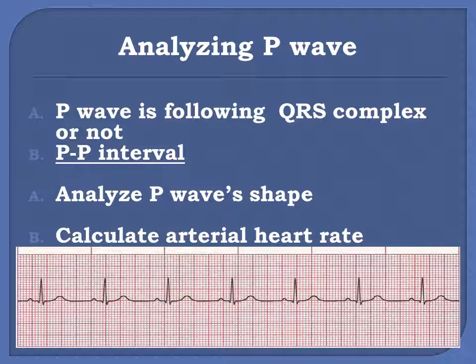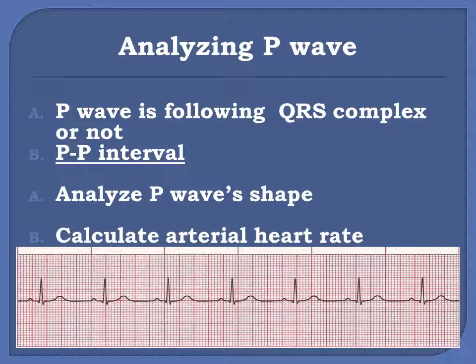You are well aware that the heart has the ability to generate its own electrical impulse. In the normal heart, we know that electrical impulse generation starts from the SA node. As the SA node fires, the electrical impulse spreads into the right atrium and along the intra-atrial pathway to the left atrium. The atria contract and produce a P wave. So it reflects atrial depolarization.